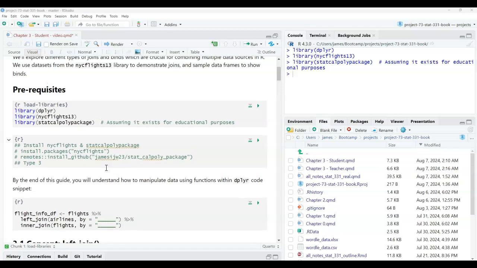For this particular lesson, we're going to learn what this particular code does. Okay, so we're doing some joining. And so when it comes to joining, we have to join by, in this particular situation, carrier. Okay, this is the interaction that you'll be doing, and tail number. So at the end of the video, you should know what left join and inner join are actually doing. And so when I run this,